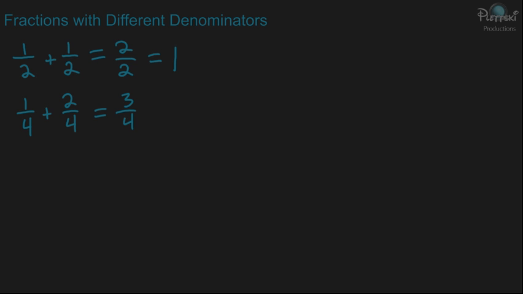Now, if we have something where we have different denominators, then we actually can't add them until we change one or both of the fractions so they have the same denominator. So an example we could use could be 1/2 plus 2/3. Okay, in this example, they have different denominators, so we can't add the numerators until we change them to have